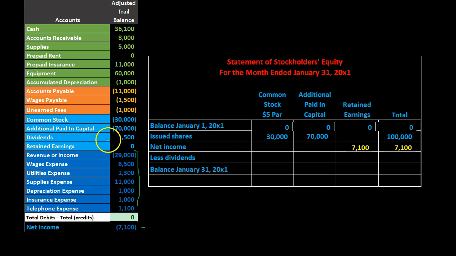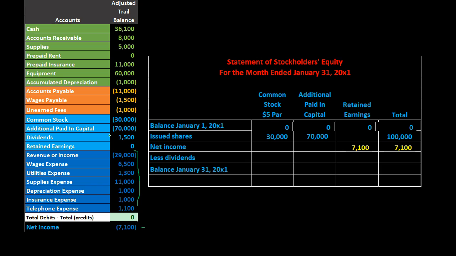And then we have the draws here, or the dividends. And so the dividends are going to be here. Now, sometimes the dividends will just be taken straight to retained earnings, and we would have to know, how would we know then that there were dividends? We'd have to look at retained earnings, the GL, the activity for it, and pull out the activity that were dividends on it. Or in this case, we pulled out a dividends account separately, often how it is shown when